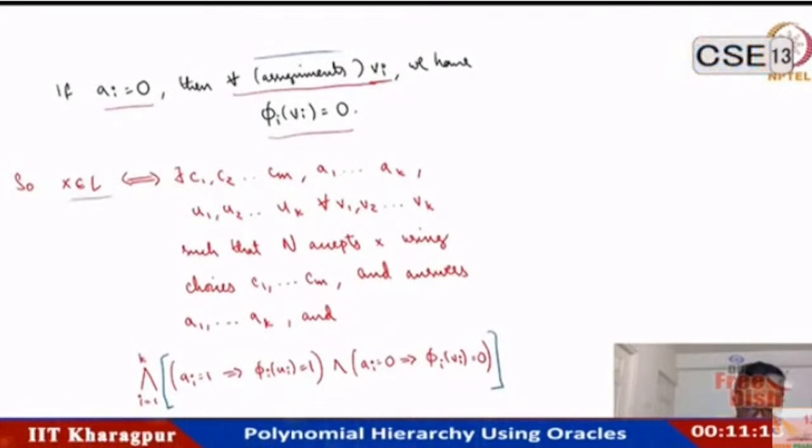So X is in L if and only if there exist choices C1 to Cm, some fixed number m, and responses A1 to AK. The choices guide the machine to make queries, and obviously there will be answers, which lead to acceptance. So we are also encoding acceptance here, and